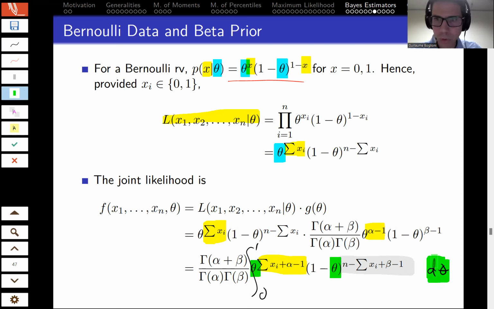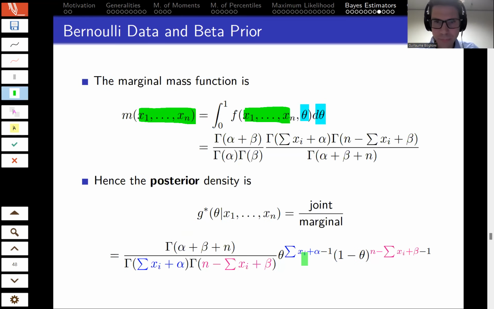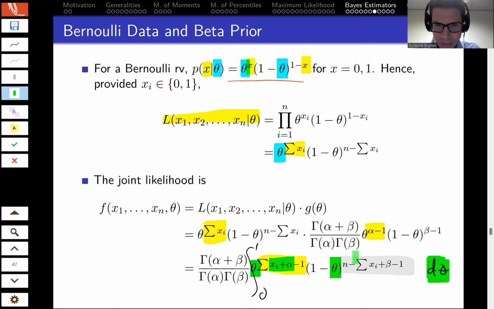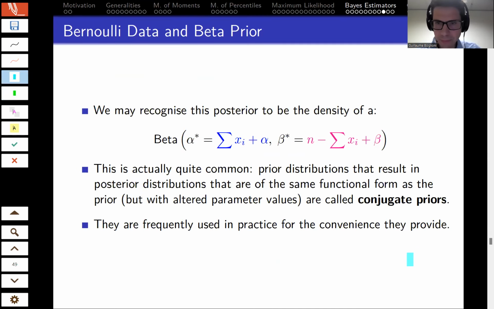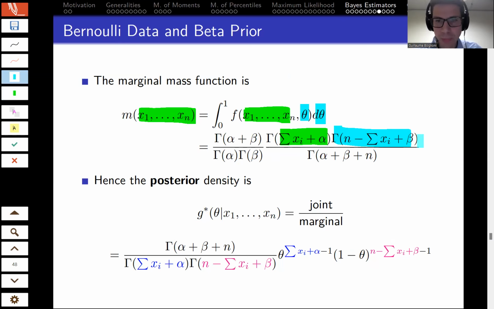Go back to the tutorial on problems on week 1, one of the first problems. This integral is very easy. It is just the gamma function evaluated at this argument here, times the gamma function evaluated at this expression over there, n minus blah blah blah plus beta. And then divide by, again, the gamma function of the sum of those two things. The sum of x minus the sum of x, this disappears, and then you're left with n alpha beta.